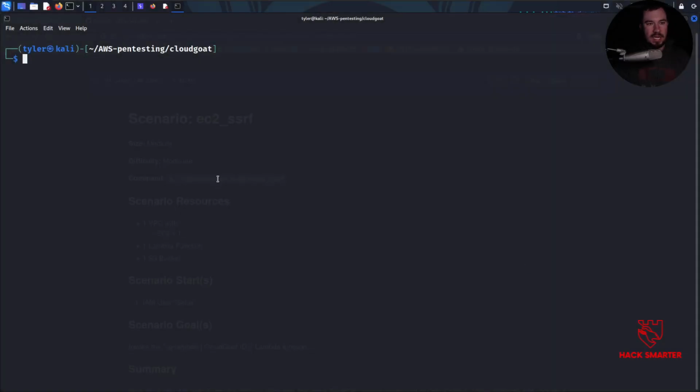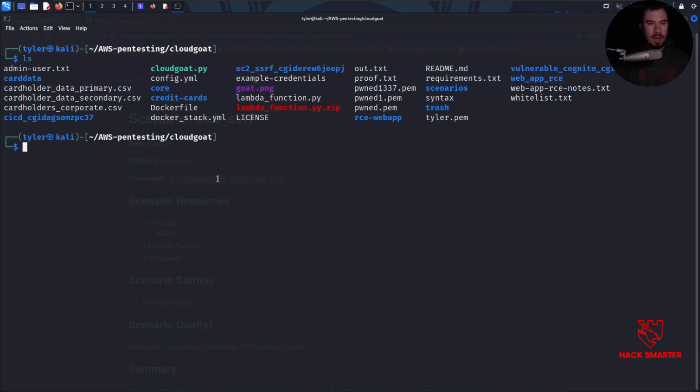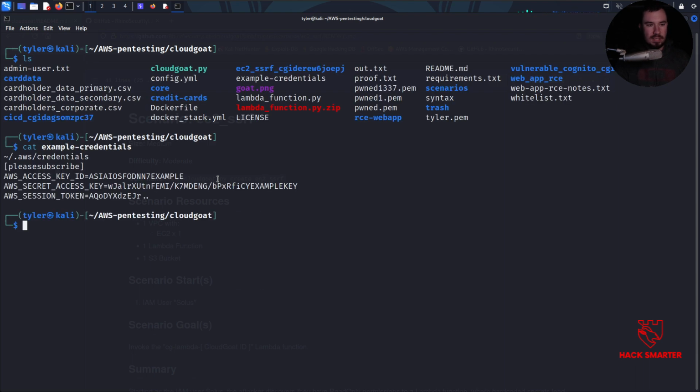So guys, what I just did, if you're new to CloudGoat, is I set up a profile with that Solus user, so we can run all the commands as Solus. The way I did that, I have example creds right here. Once you have the AWS CLI installed, it will create this file in your home folder. Kind of like how we have SSH as a hidden folder, there's also AWS as a hidden folder, and then